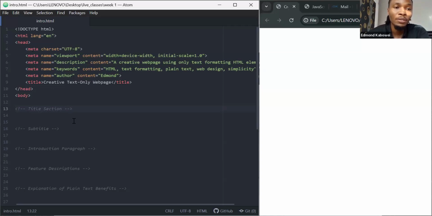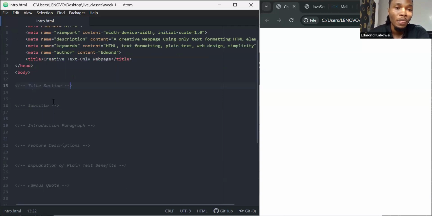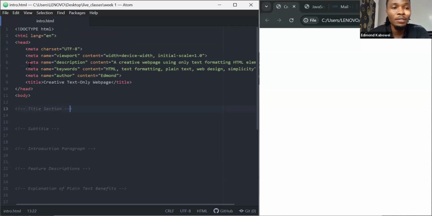So let's look at the body. We have learned that the body element is where we have content that's displayed on the web page. The contents I have in the head are not displayed on the web page. Other than the title, you won't see anything else that is entered there. They are meant to give more information to the web page. So let's create something